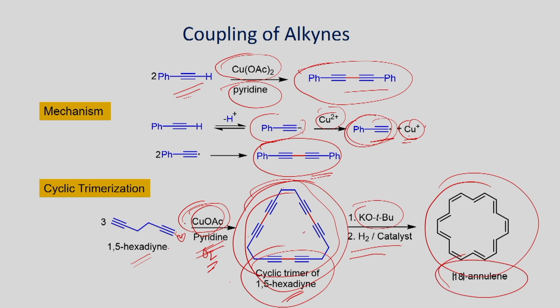First, what happens here, when you use the copper 1 acetate, is it is oxidized to copper 2 acetate, which can reduce the anion that you generate from the alkyne using base to a radical that can undergo trimerization as shown here. You form the cyclic trimer of 1,5-hexadiene. Once you form this one, when you have the base, it can deprotonate, followed by the hydrogenation,